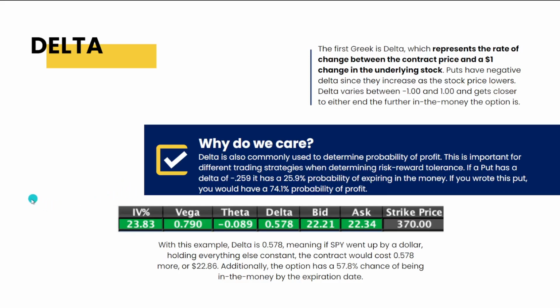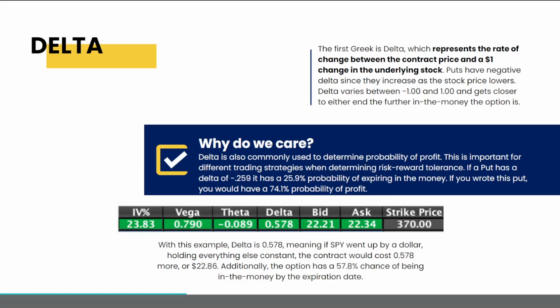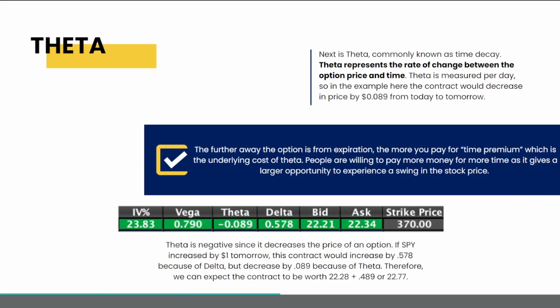Yeah, I personally try to look for a 0.3 delta or higher. Obviously negative if we're in the puts scenario, but that's pretty much all I'm looking for. And sometimes, even if I find a contract that I like, I will push that rule aside pretty much. I believe in